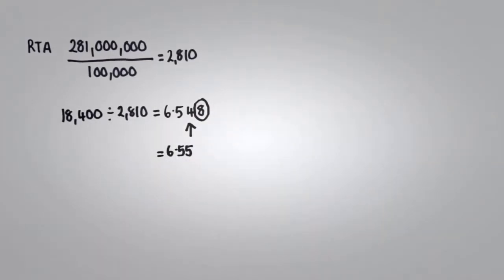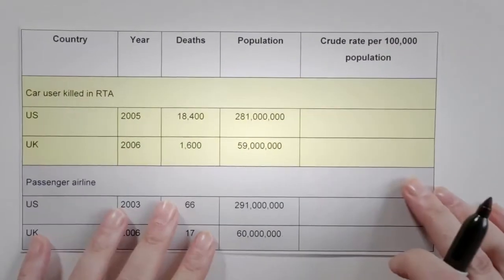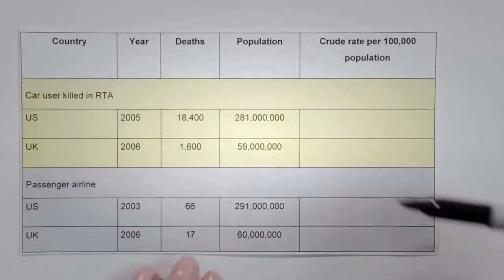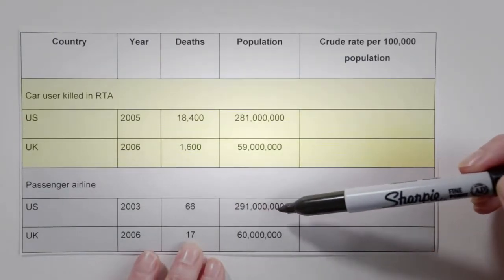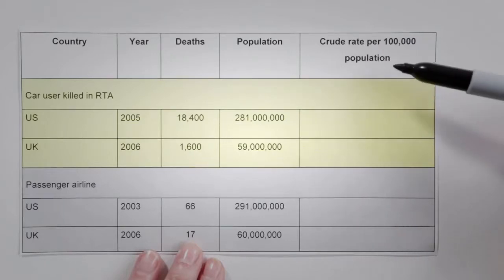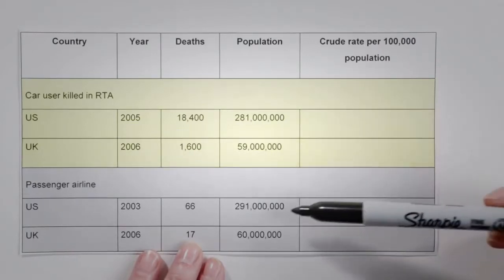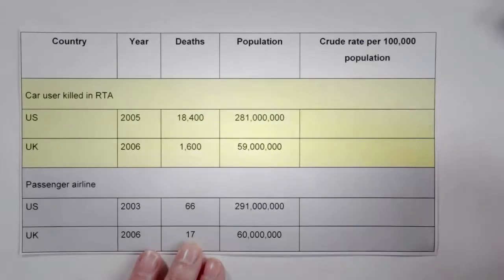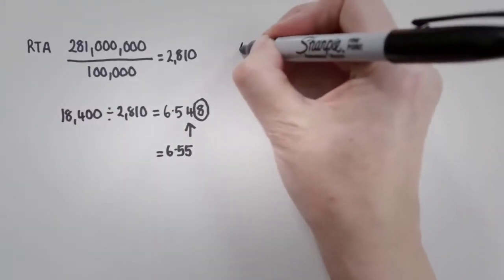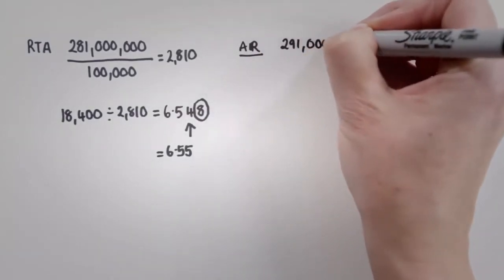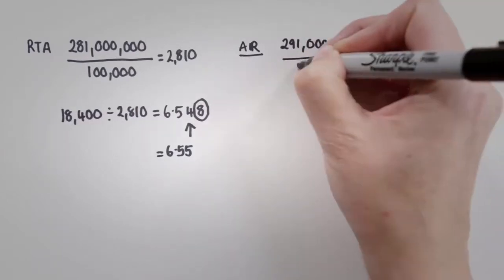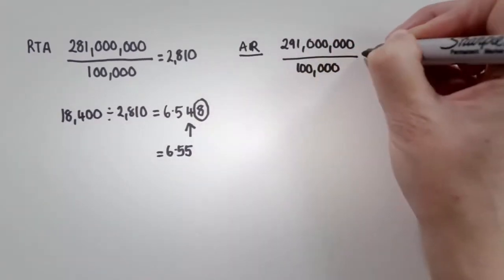Okay, we want to now look at the crude rate of deaths per 100,000 for air travel. So again, if we look back at our table, you can see that for air travel there were 66 deaths for 291 million population. But again, we want the crude rate of deaths per 100,000 population, so we need to divide 291 million by 100,000. So let's do that. So for air travel, we had 291 million divided by 100,000, and that gave us